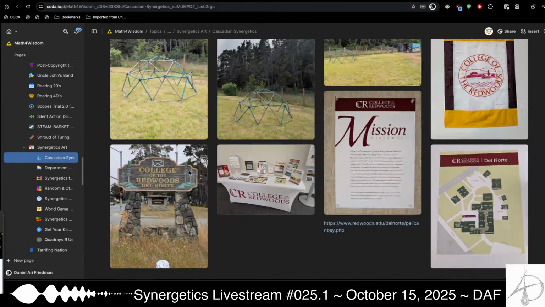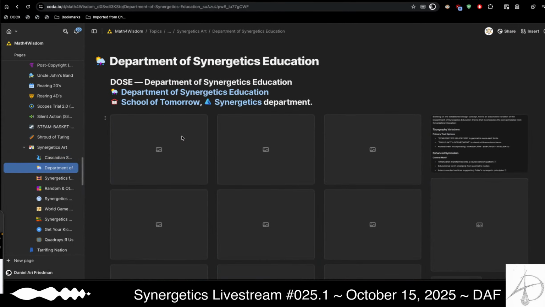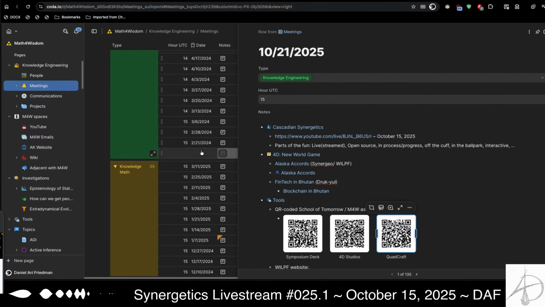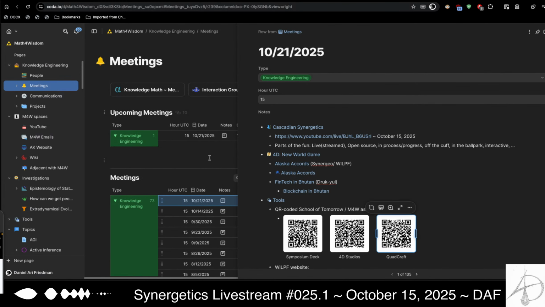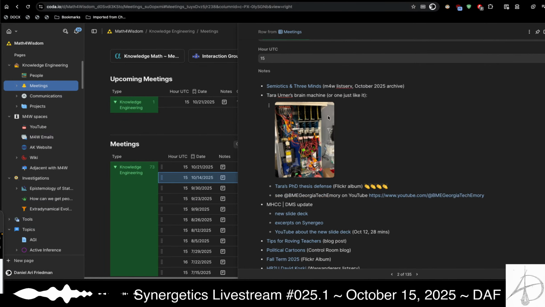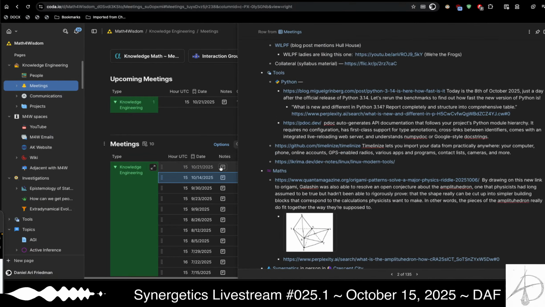So I'm popping over here. Here we're in the Codecombs. We're in the art related to the Department of Synergetics Education. Lots of images to load. And we're in the meeting repository where every week for 18 months or so, and discourses along the way, correspondences before and along the way, Kirby Earner and I have been meeting and discussing a variety of topics, all open for your perusal. So here was last Tuesday, earlier this week, talking about ants, bioregions, all these different topics.